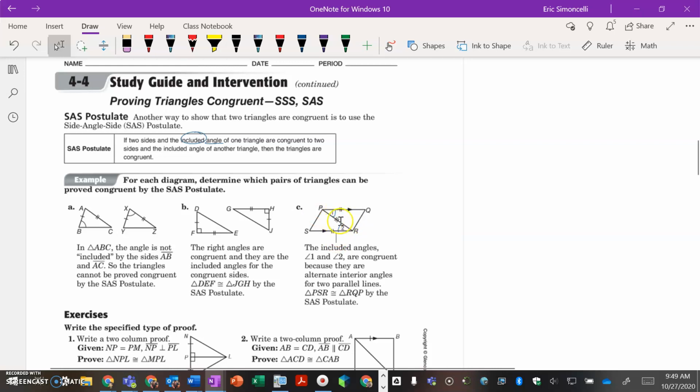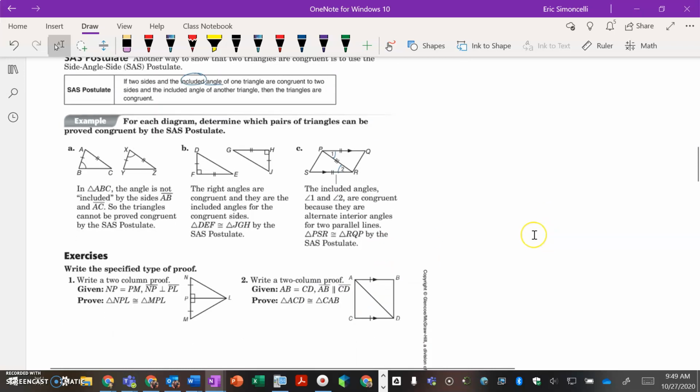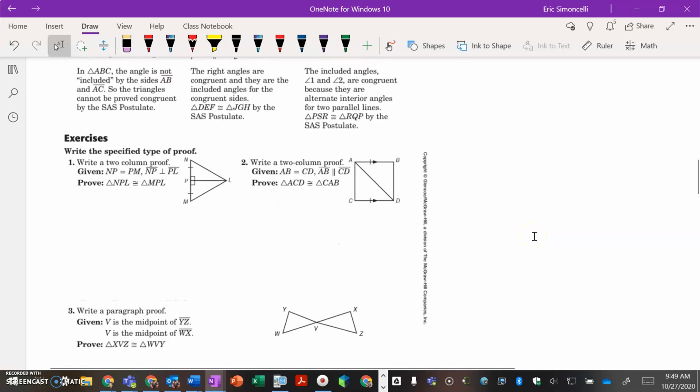But PR is congruent to itself again by virtue of the reflexive property. Anyways, triangle PSR is congruent to RQP by, again, side, angle, side. Okay, so we're going to go ahead and continue. Got a couple of proofs to take a look at. For number 1,